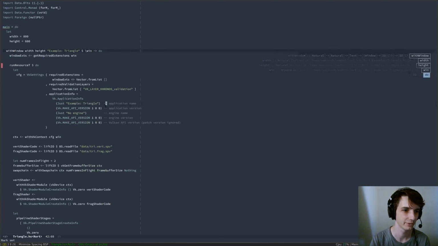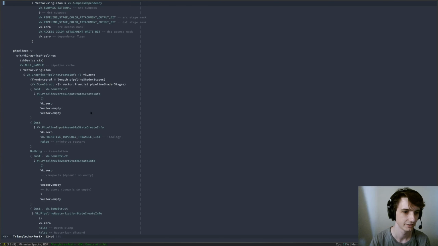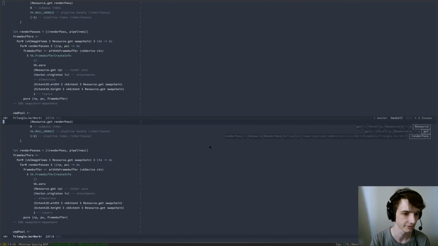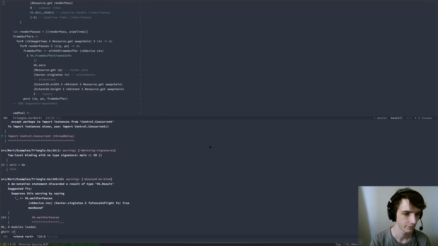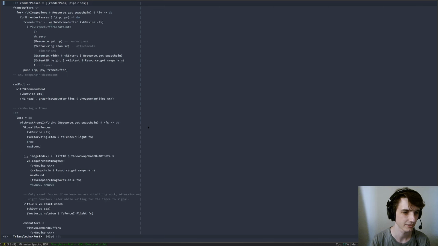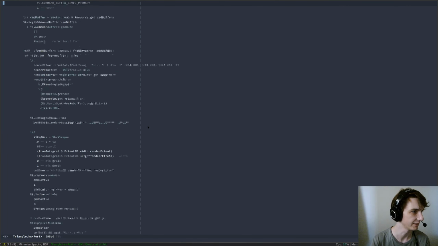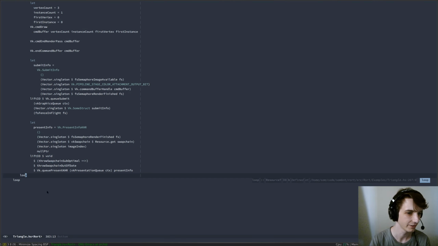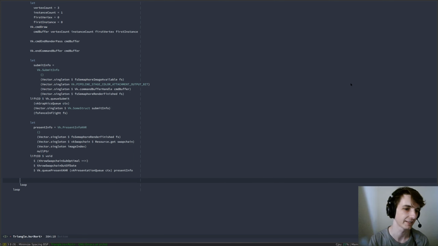So back to our example. We have our triangle rendering on the screen, which is a big achievement, great. But we're not handling any swap chain issues, and whenever we try and quit it, nothing happens. So what I think we should do is, before we loop, do something like